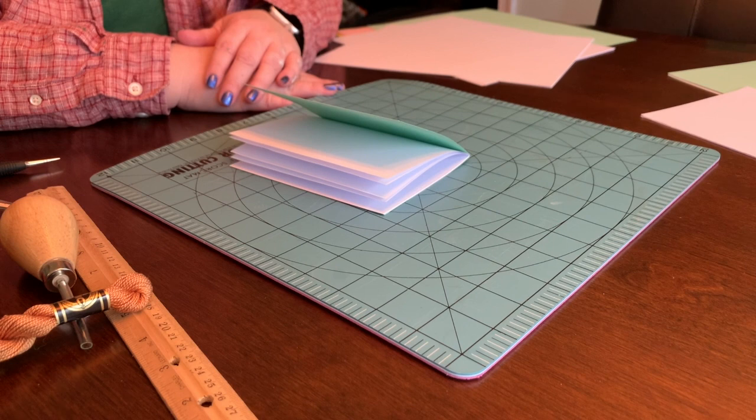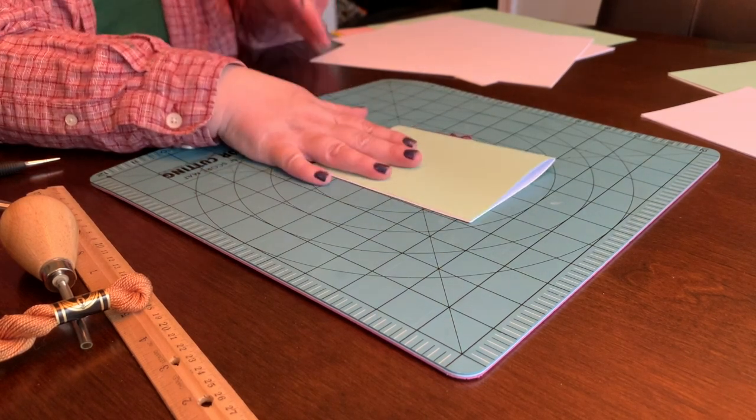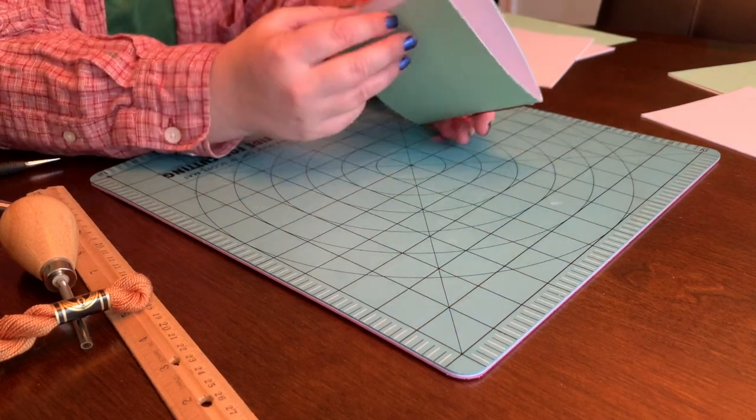Today we're going to make a pamphlet stitch book for the East Kingdom Ministry of Arts and Sciences try-athlon. And this is the book in question. It's really very simple. You can use it as a notebook,